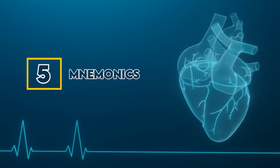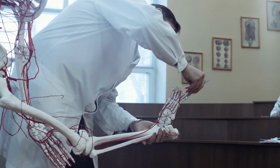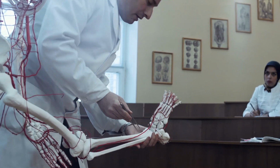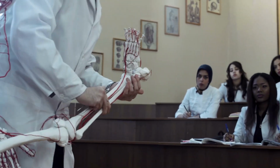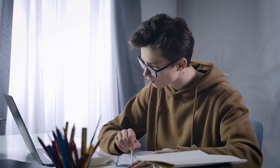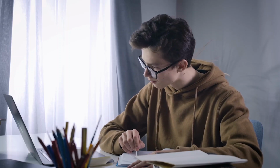5. Mnemonics. Some content will require you to remember a list of terms, functions, and processes. Take for instance, the layers of the skin, cranial nerves, anatomical layers of the scalp, or even bones of the medial wall of the orbit. To make sure you remember key specific details, you can create fun, useful and easy to recall phrases, short poems,